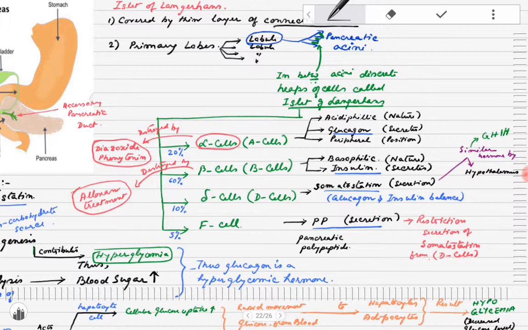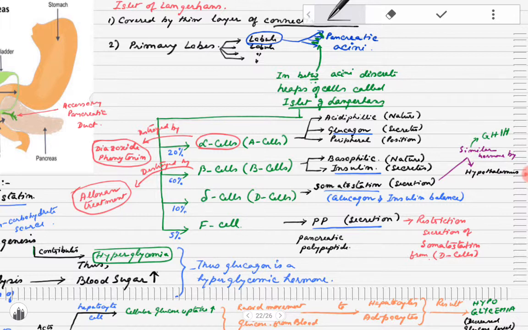So the two types of tissue. The main tissues are the alpha cells and the beta cells. The other cells also. There are alpha cells, beta cells, delta cells, and the F cells. So alpha cell is called A cell, and beta cell is called B cell, and delta cell is D cell, and F cell is